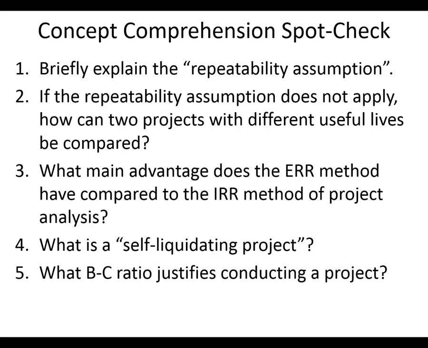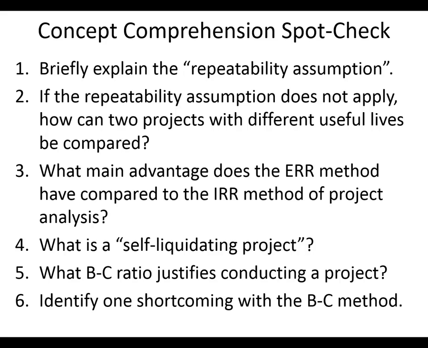Here's a hard one. What B to C ratio gives you the thumbs up? 1, yeah, okay. Excellent, all right. I like the enthusiasm. But what's a shortcoming with the B to C method? Now this would be a short answer question. We talked about, after introducing the conventional and modified methods for solving B to C ratio, what's the drawback or weakness of using this for decision making?